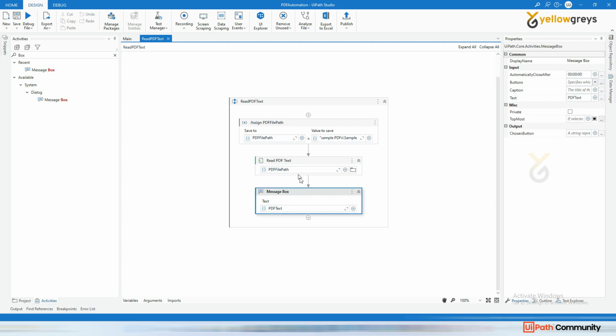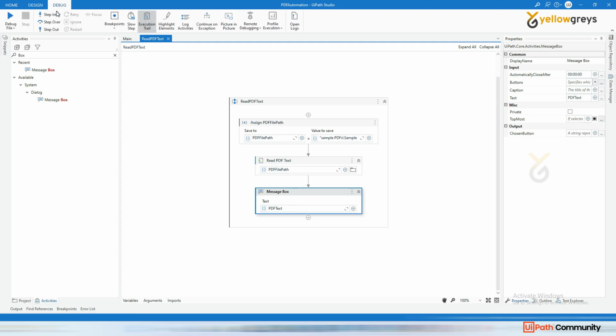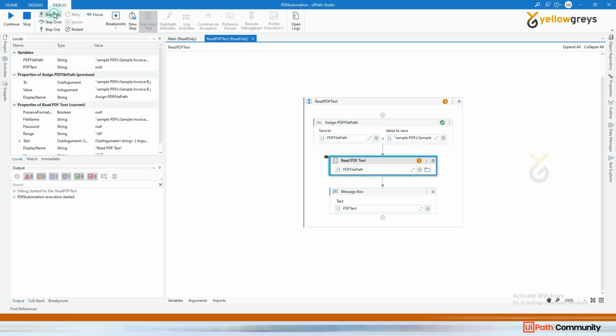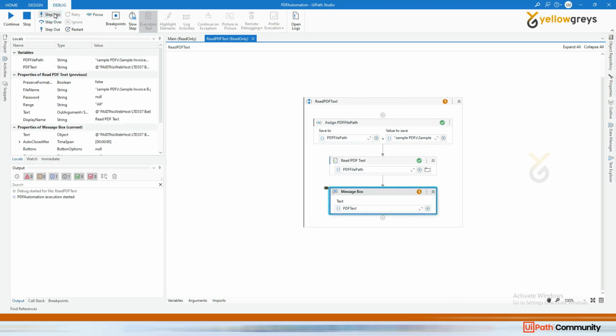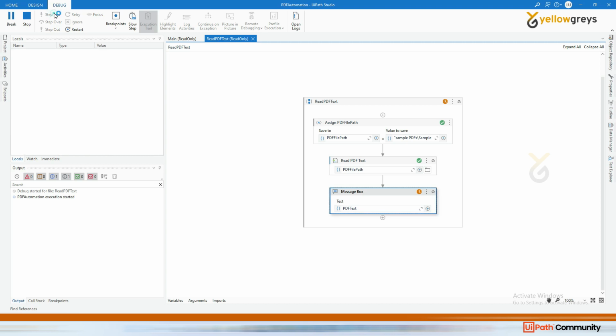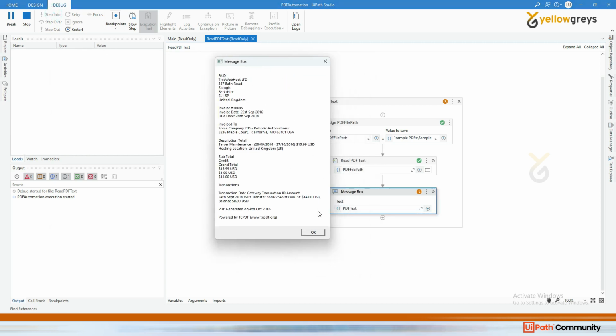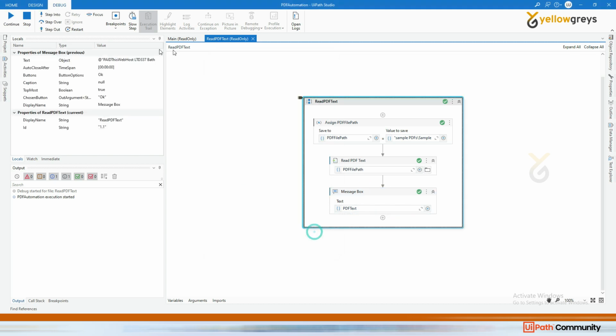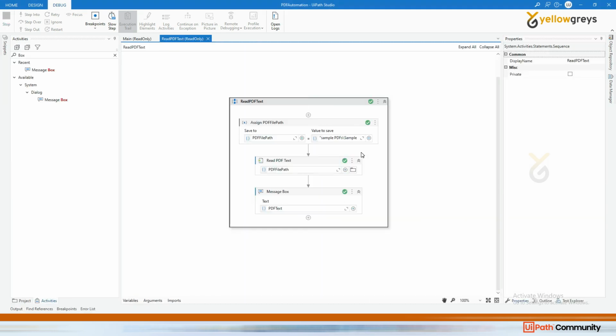Now let's see how the content will be. Let's execute, step into, and you see the Read PDF Text activity executed, and this is the information extracted from the PDF file. From this information I want to take this invoice number. Let's say I have 100 pages, each page has an invoice, and I want to take all the invoices from that